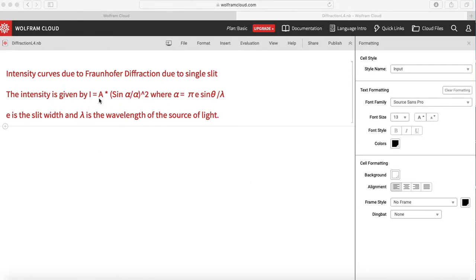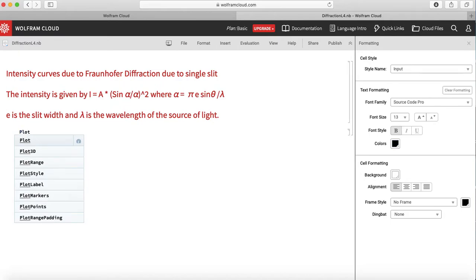We all know that the intensity distribution in Fraunhofer diffraction due to a single slit is I equal to A (sin alpha / alpha) whole squared, where alpha is equal to pi e sin theta by lambda, e is the slit width and lambda is the wavelength of the source. So let us try to see. I have opened a new notebook in Mathematica, and I will try to plot this. My distribution is (sin alpha / alpha) squared. A I can always take as 1. Okay, so I will plot sine